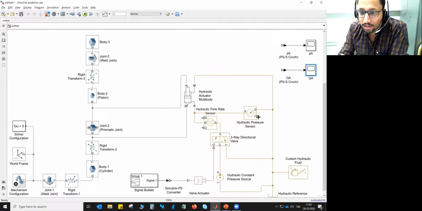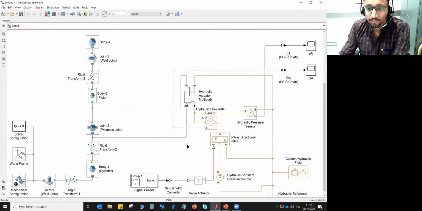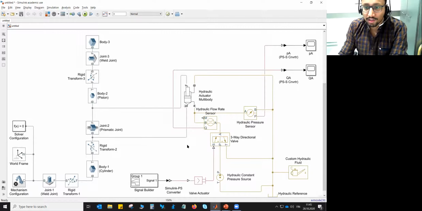Then you can simply make the connections: pressure to the pressure converter and volume flow rate to the volume flow rate converter. Just see the connection properly and don't get confused.